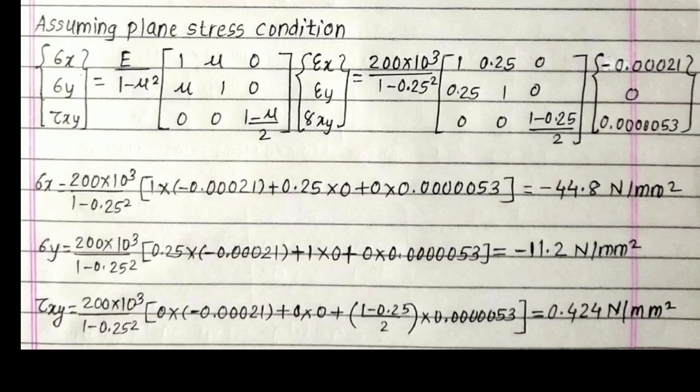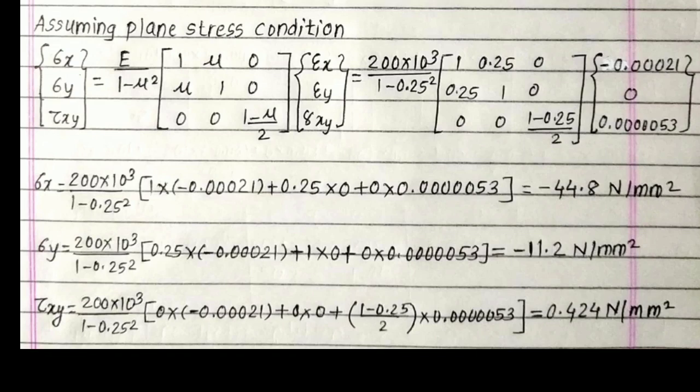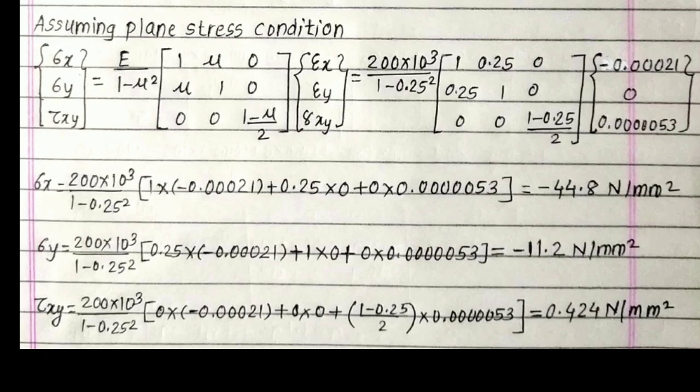So it is equal to 200 into 10 to the power 3 divided by 1 minus 0.25 square into the matrix [1 0.25 0; 0.25 1 0; 0 0 (1 minus 0.25) by 2]